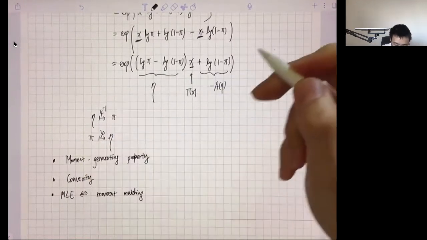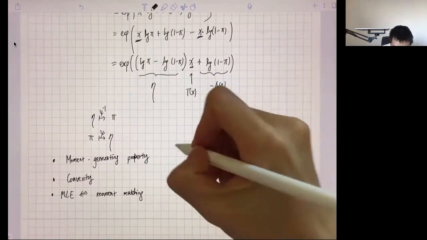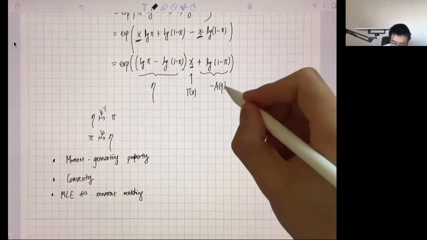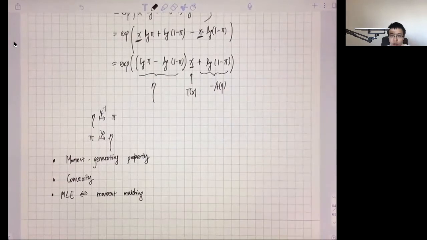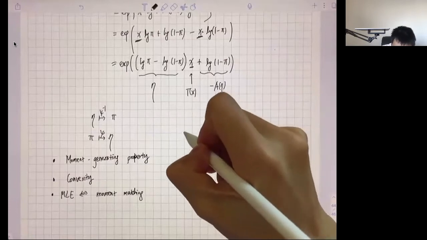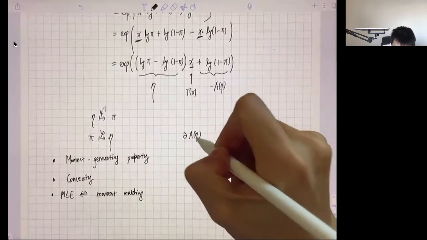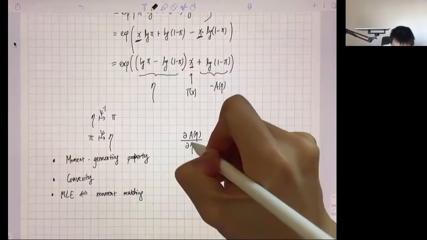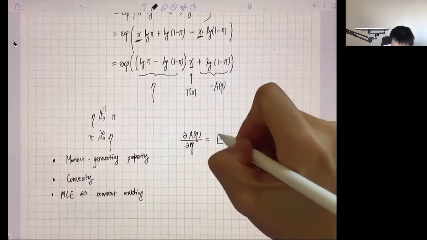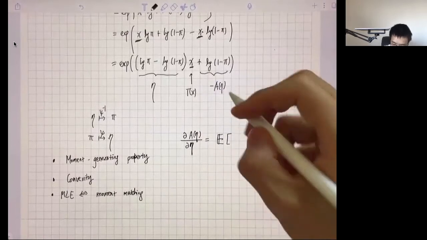So by the moment matching property, I'm saying if you take the partial derivative of A(η) with respect to η, you get the first order moment. If you take the second order derivative, you get the second order central moment. So I'm going to take the partial derivative of A(η) with respect to η. Notice that η is a vector. It's the expectation, first order moment, expectation of